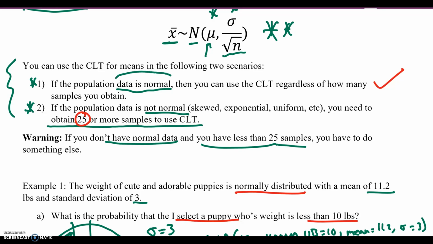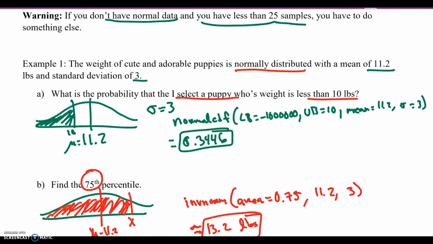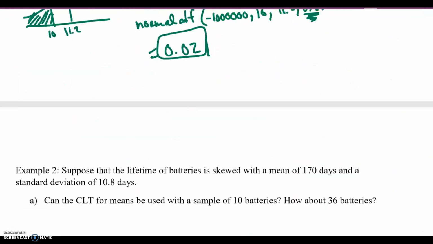If it's normal, then it doesn't really matter what n is. n can be 1, 2, 3, whatever we want. Now the data is not normal. According to this problem, it's not normal and we need 25 or more. So if we look here,